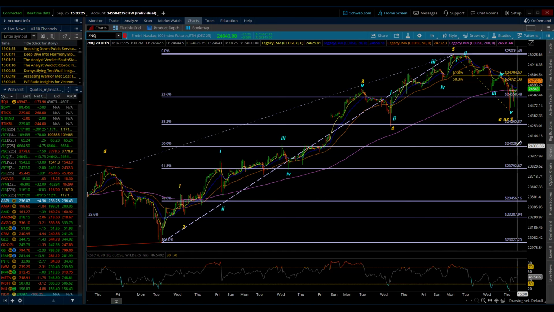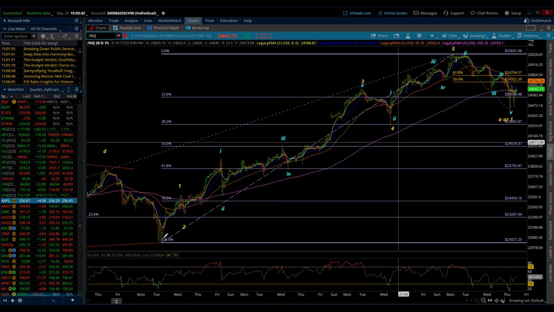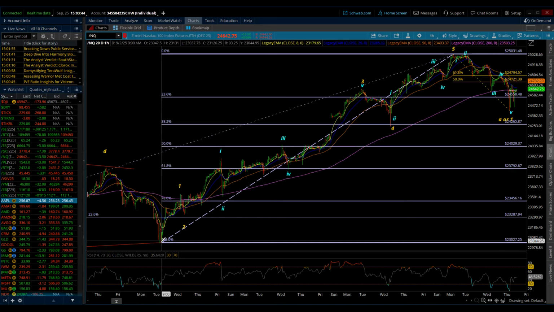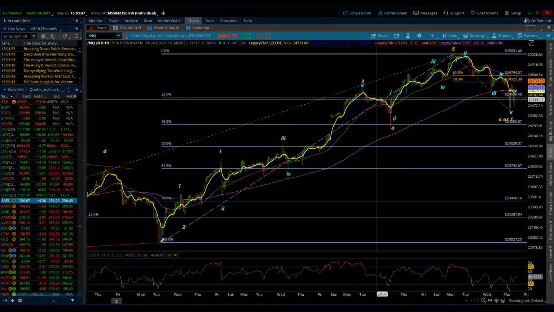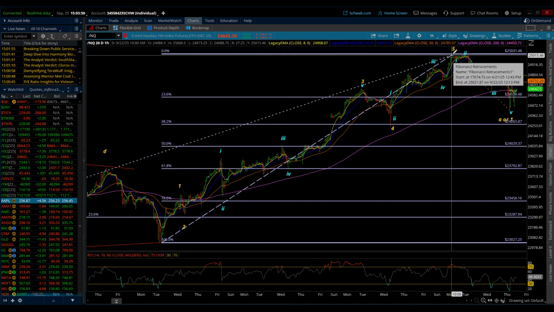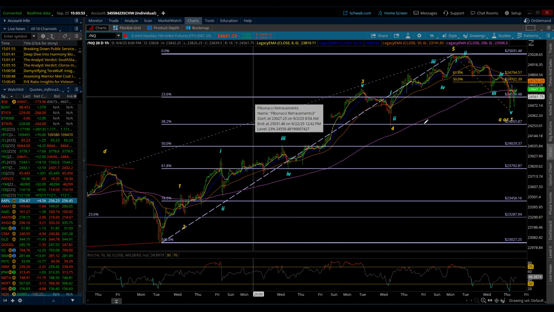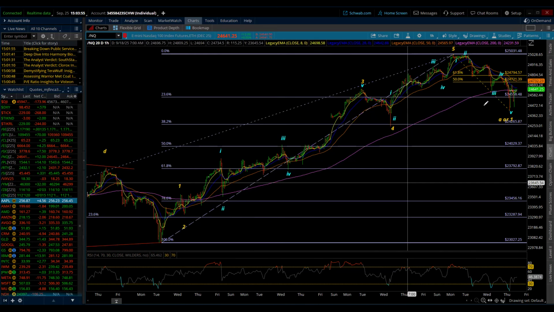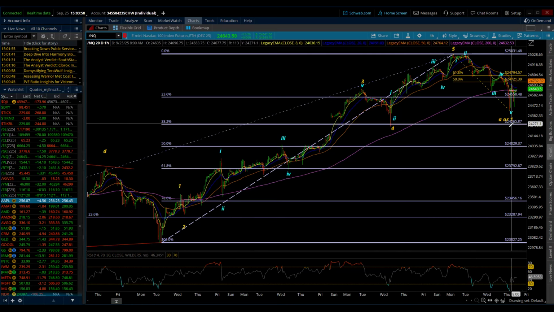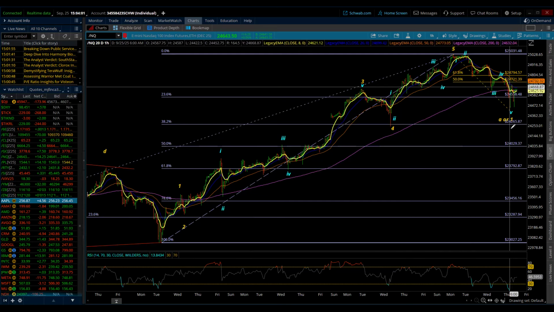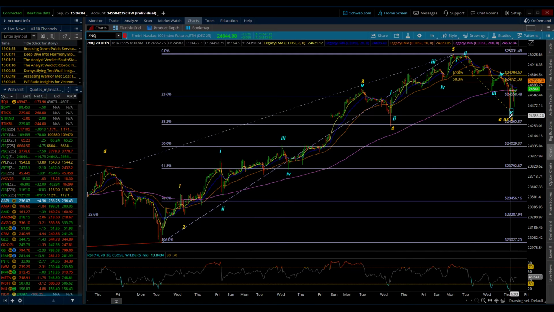I'm thinking that we got a lot to go on, and we've got a lot that could happen leading up to and including the September quarterly, or the end of the third quarter expiration, which is on September the 30th, next Tuesday. So I kind of will leave this up there, but you can see what I did. I just ran not extensions, but retracements from the low and up to that high. I'm going to take them back off so we can get additional support levels as we're filling in the wave A. Or if we start to come back down, it would be the C wave.